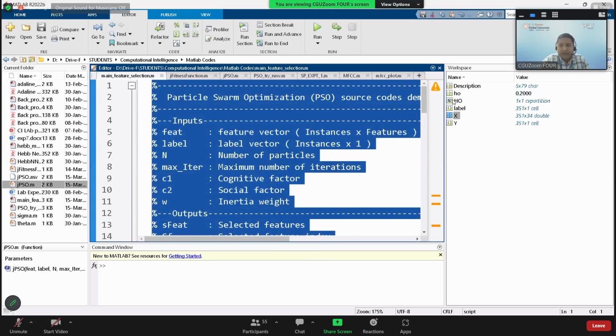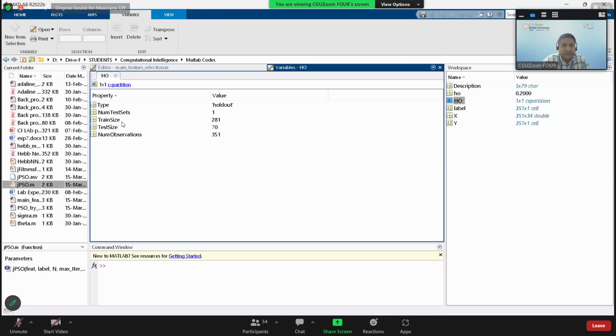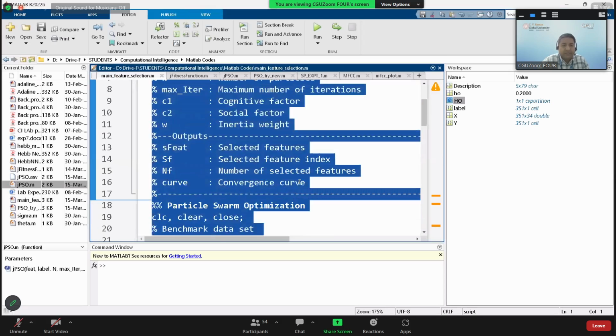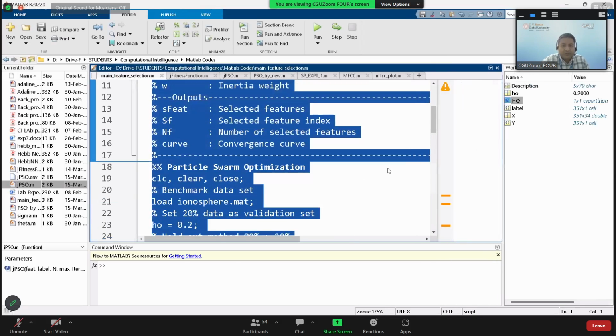If I run it here, you can see that from these 351, it has taken 281 as my training, and 70 it has kept for testing, and the total number of samples is basically 351. So the 80-20 division has happened. After that, if I proceed further here,